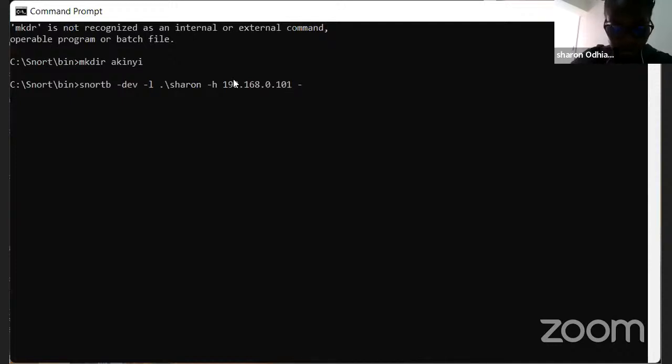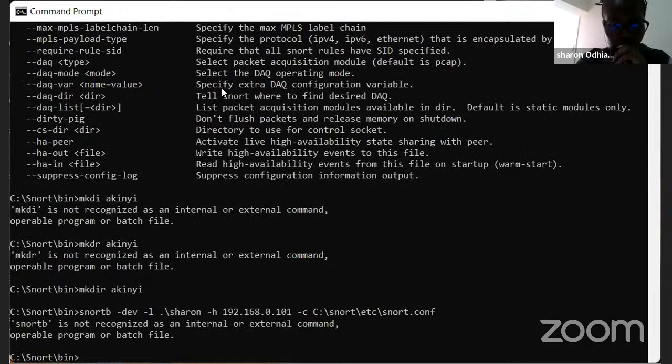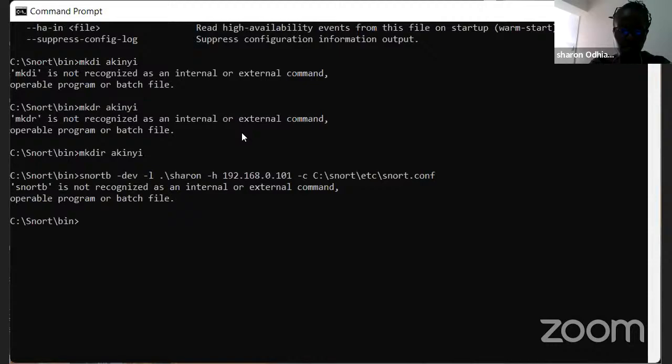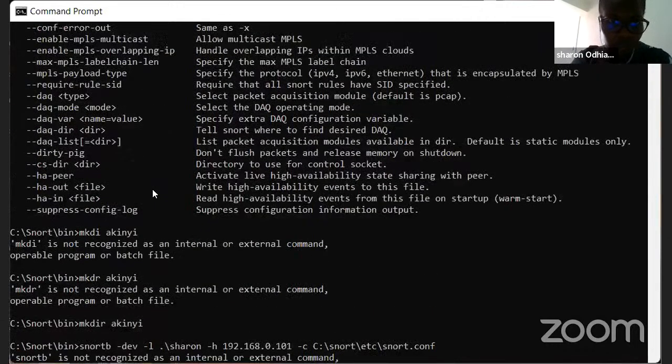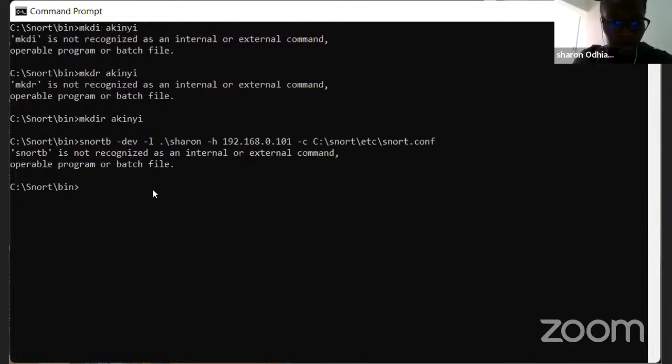And then there's not a full configuration folder. So yes, our Snort is able to operate in packet